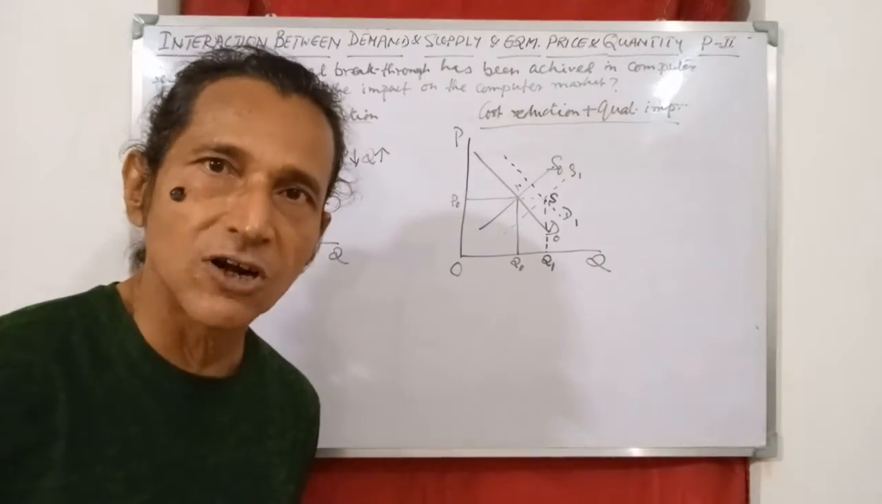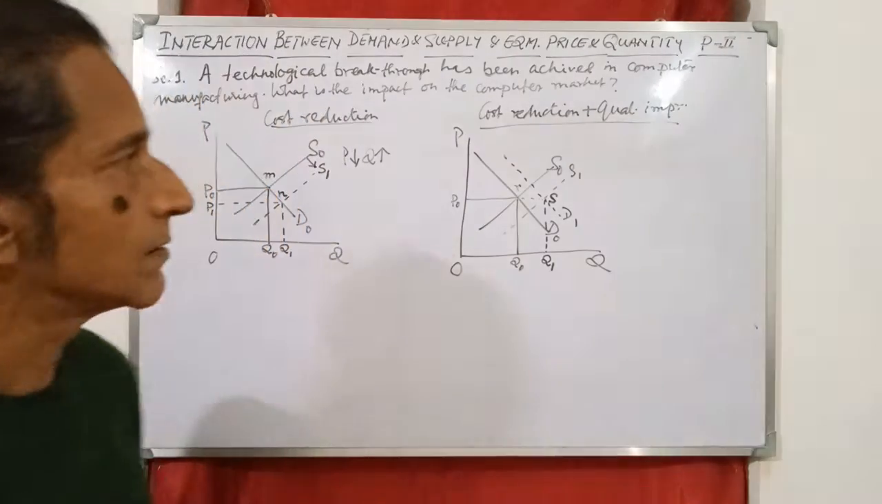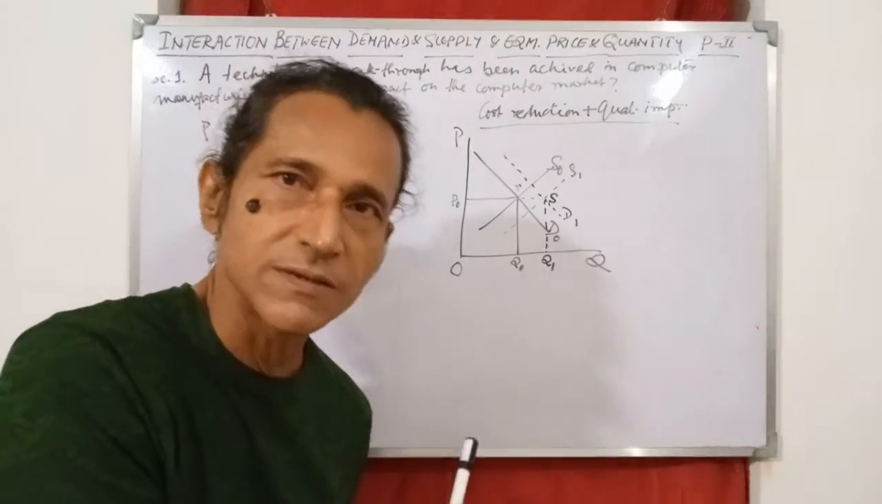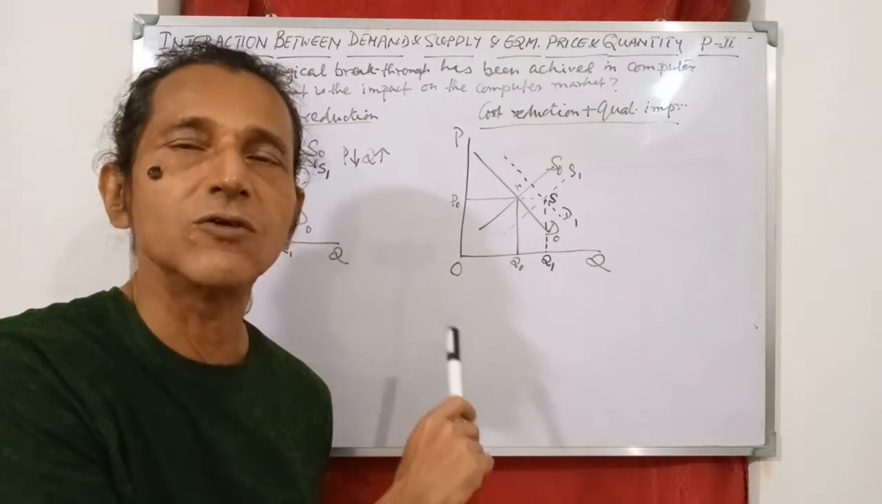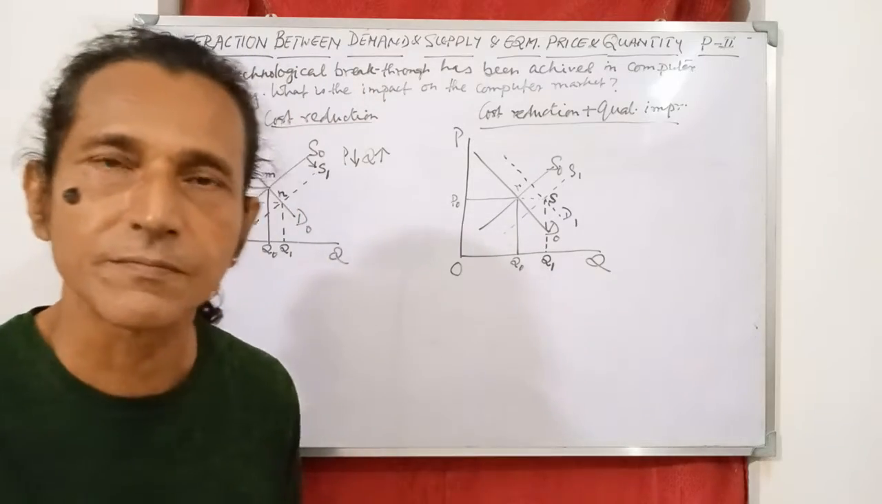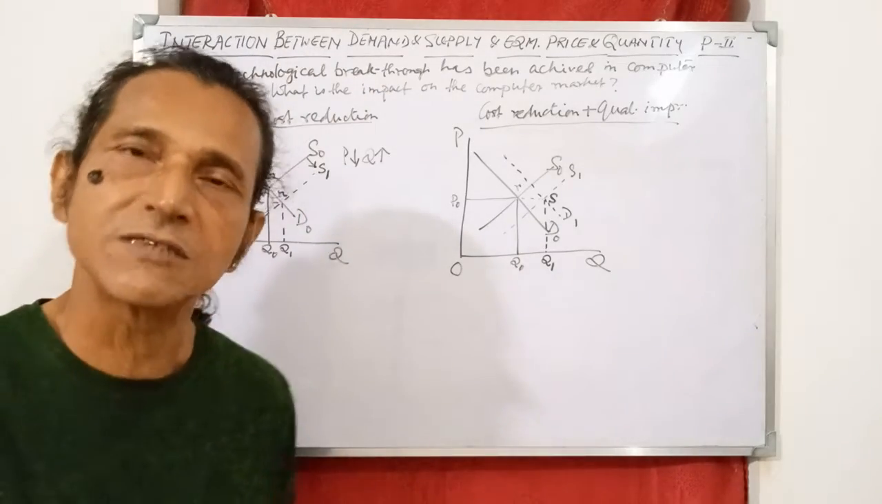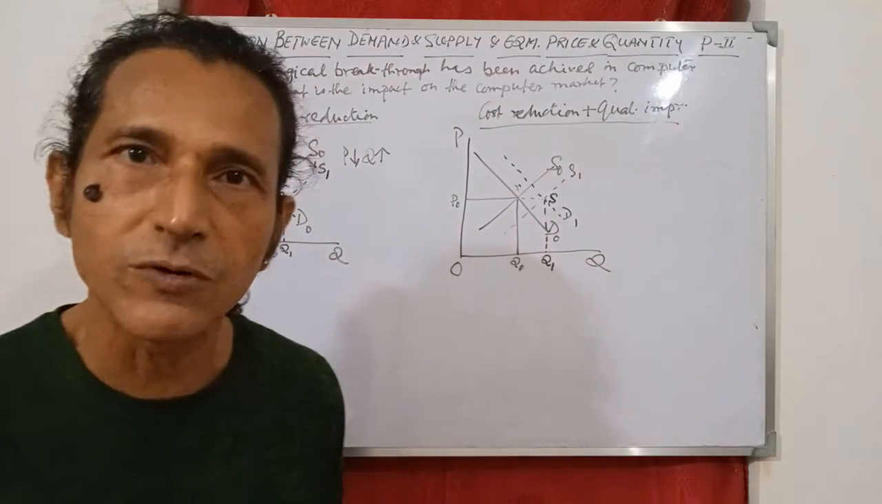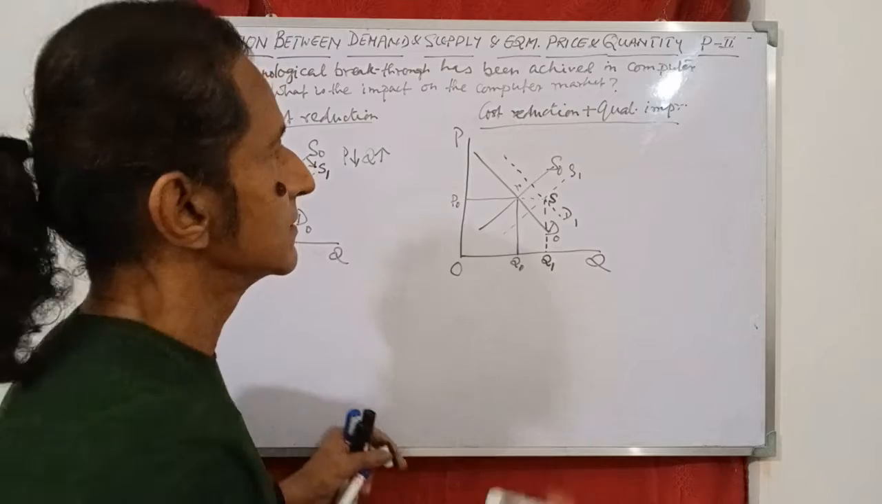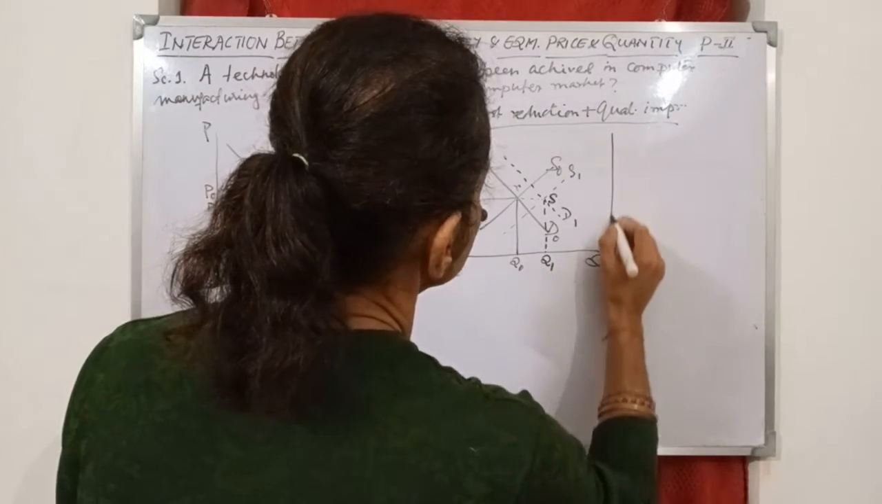Why has there not been any change in price? There has not been any change in price because the change in supply has been equal to change in demand. But this is not necessary. This may happen, this may not happen. Depends upon the relative strength of the change. Suppose